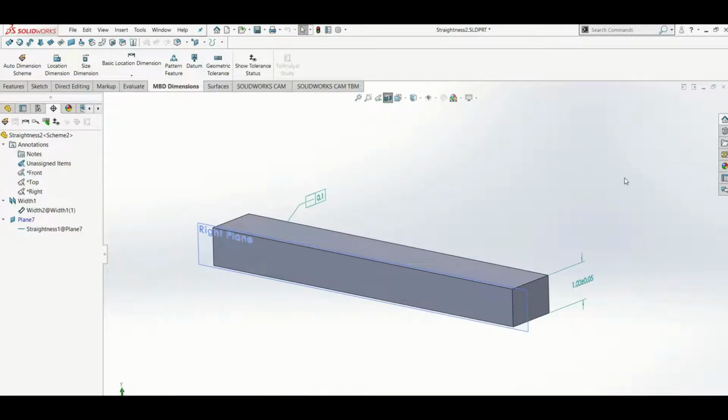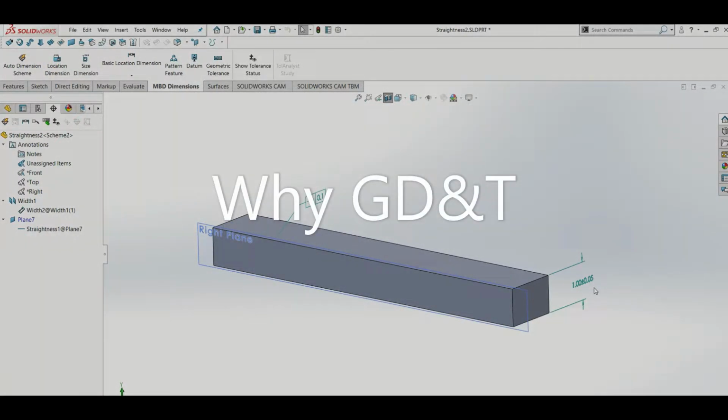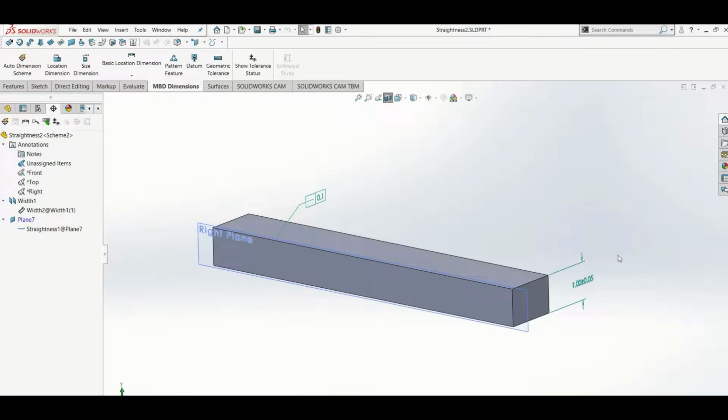We all know that the size tolerance can control the form tolerance. In this example, the bar has a thickness of 1 mm with a tolerance of plus minus 0.05. So the lower limit is 0.95 and the upper limit is 1.05, with a total tolerance zone of 0.1. So why do we still need GD&T? Because in certain cases,